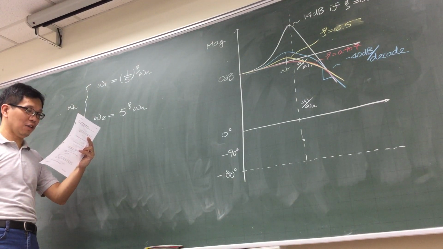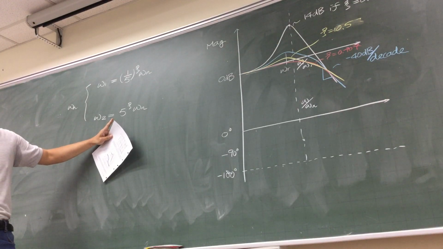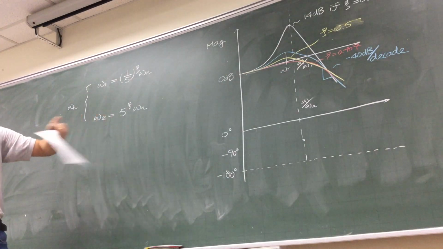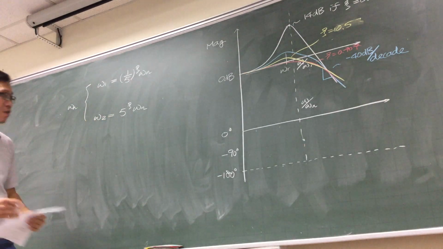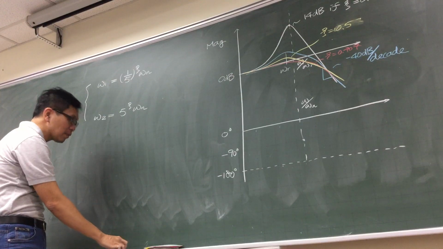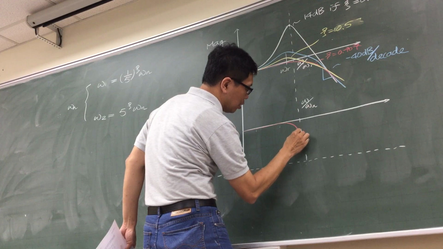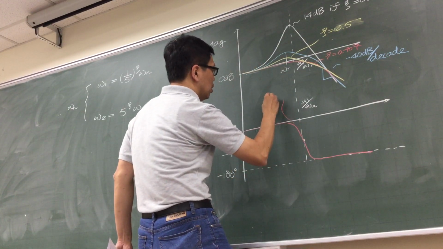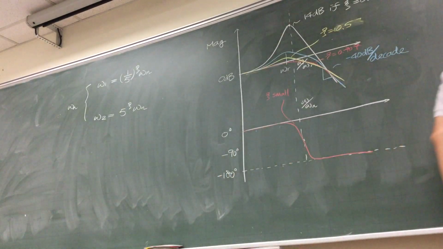If you want to ask me, how do I get the equation? I don't know. I don't remember. This is just something you need to remember. So it's 0.2 and this one is 5. So depending on how much damping ratio you have, it's going to change its shape. So you're going to see if your damping ratio is small, it's going to be something like this. But if your damping ratio is large,